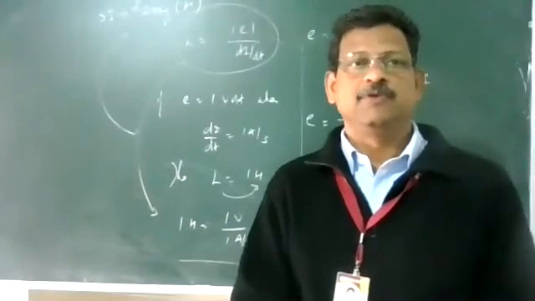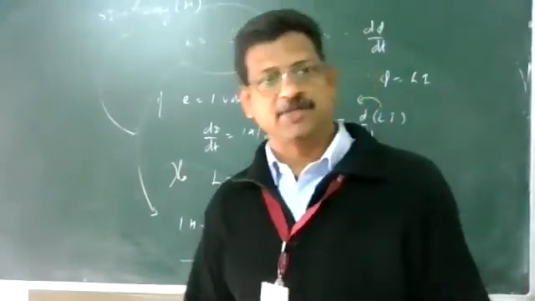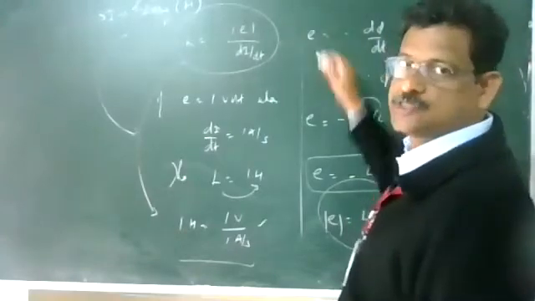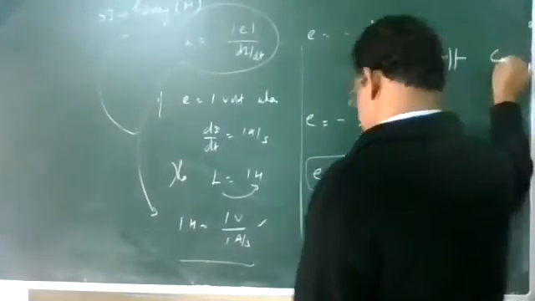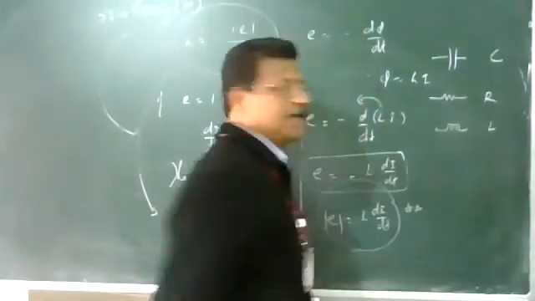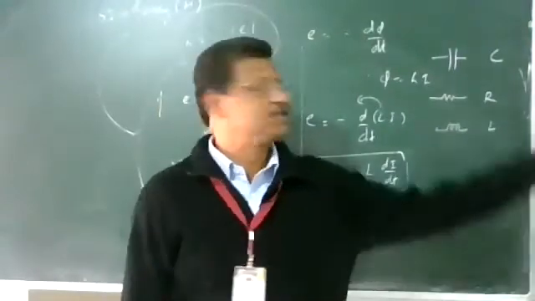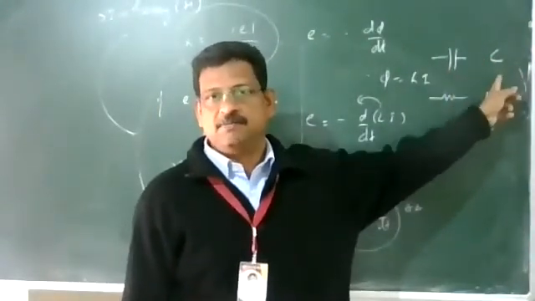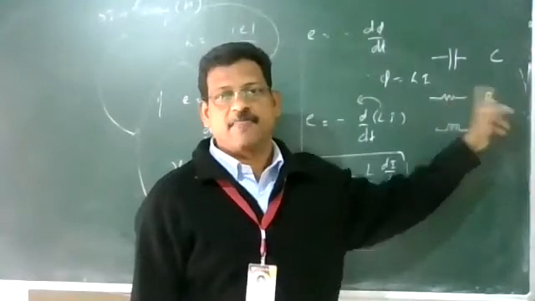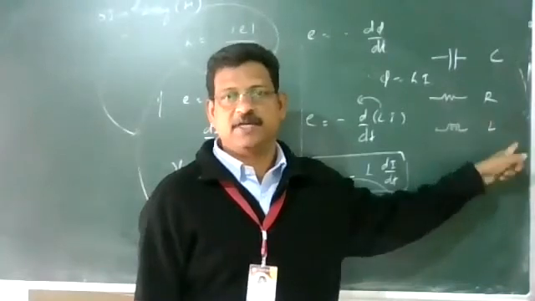A coil we usually call an inductor, and its value is given by inductance, just like a capacitor, whose value is given by capacitance. A resistor's value is given by resistance. Now we take a coil, its value is inductance. These are the three devices we can use to control AC current in the next chapter. Capacitor, value given by capacitance. Resistor, value given by resistance. Coil, the inductor, which gives the inductance L.